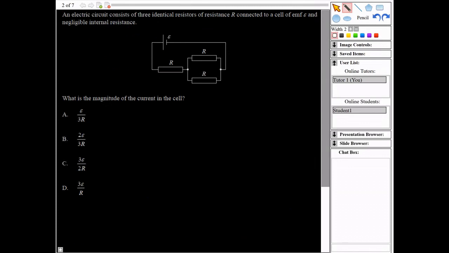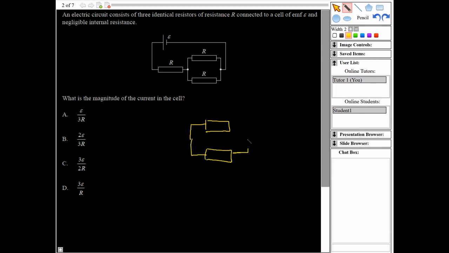Okay, so this one I'm going to look at as a multiple choice question. It says an electrical circuit consists of 3 identical resistors of resistance R connected to a cell of EMF E and negligible internal resistance. What's the magnitude of the current in the cell? Okay, so what we're going to need to do here is first of all work out the equivalent of these 3 resistors. So those 2 that are in parallel here,